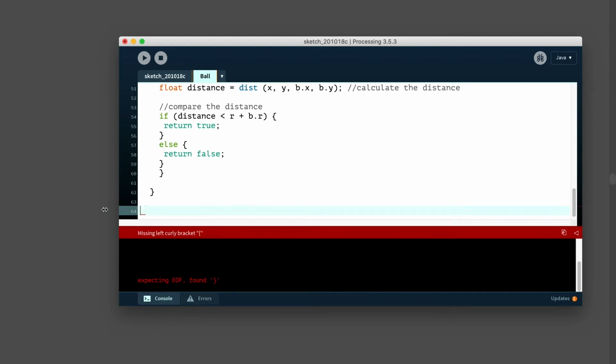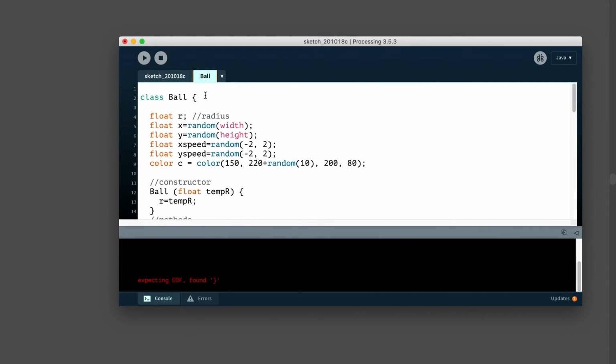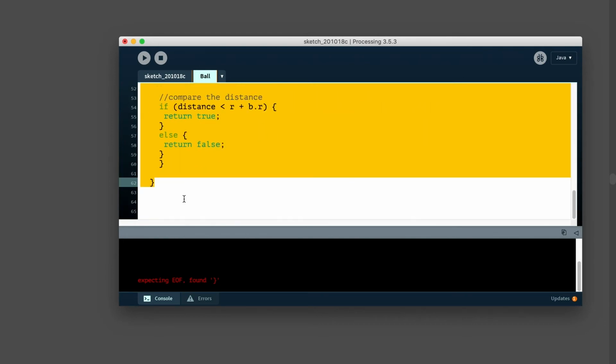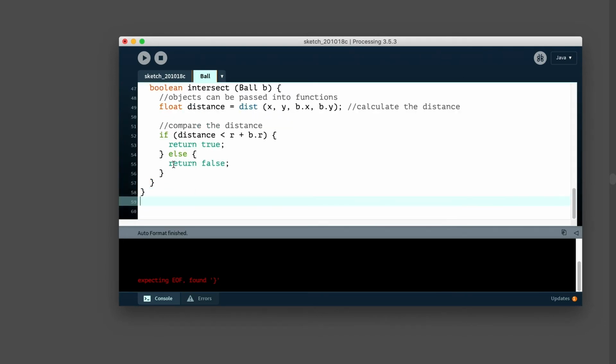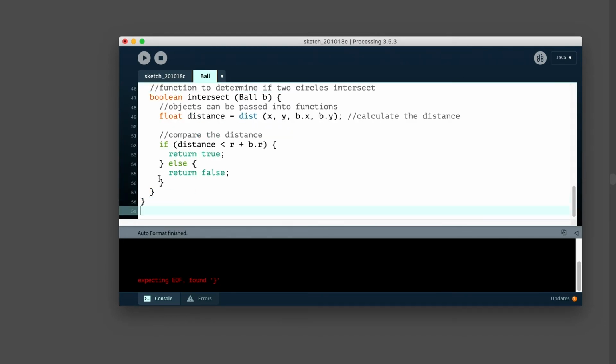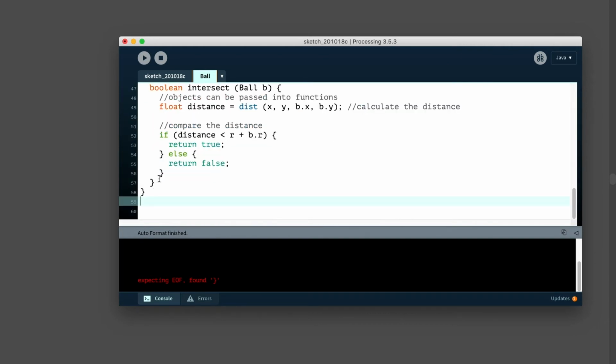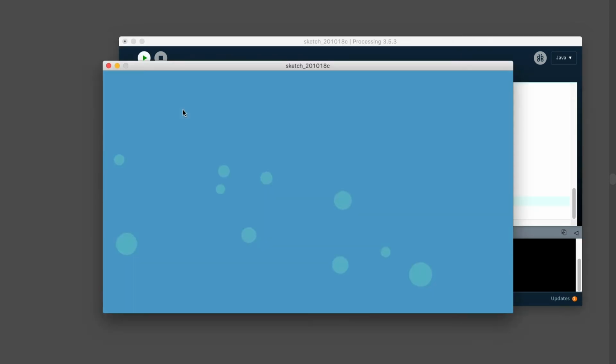Expecting end of frame. So it looks like I had one too many of these. Let's just make sure that closes out. And again, Command T, clean it up. Now I'm seeing these things cascading and nesting like this. I feel better about that. There you go. So now this is just 10.